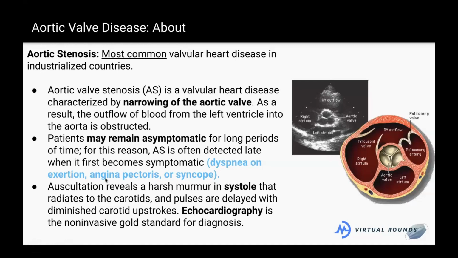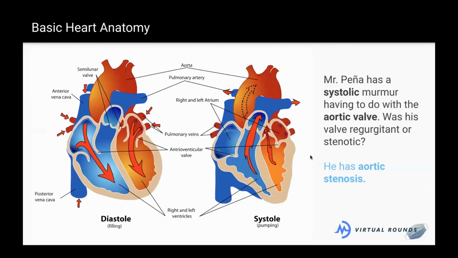Imagine I'm trying to pump blood out this way to get to the rest of the body. These vessels go up into the head and neck. If I'm not getting blood into the head as quickly, you're going to pass out, right? That makes a lot of sense. I'm going to pass out because I'm not getting blood out. I literally have an obstruction preventing blood from getting out to the rest of the body.